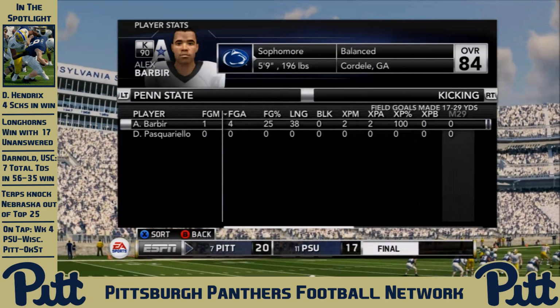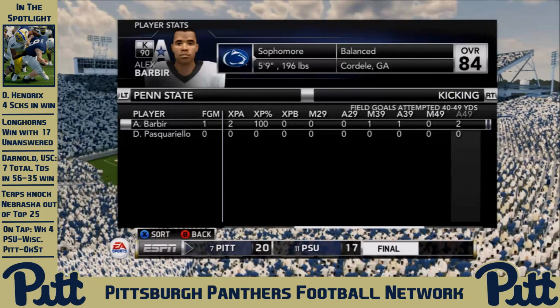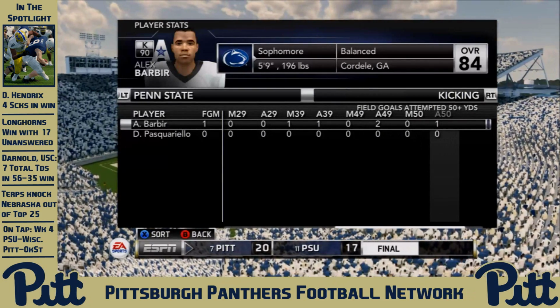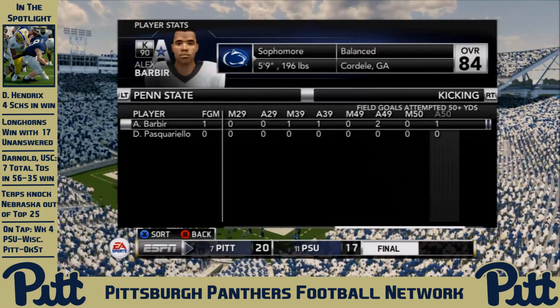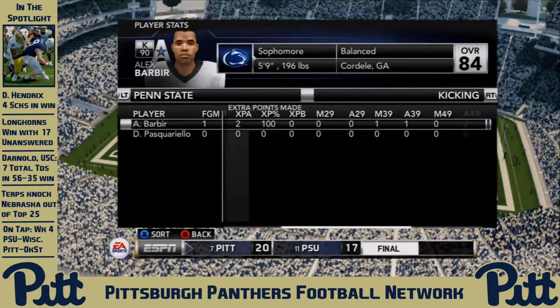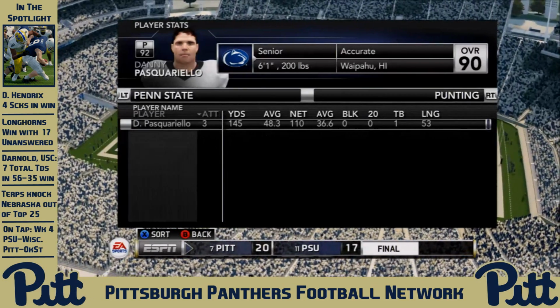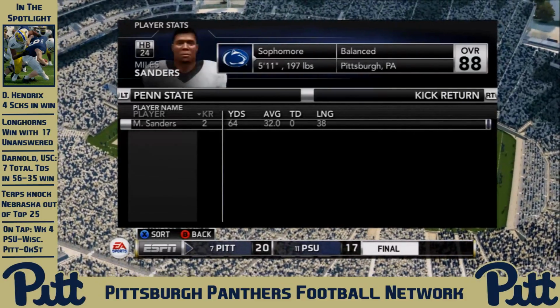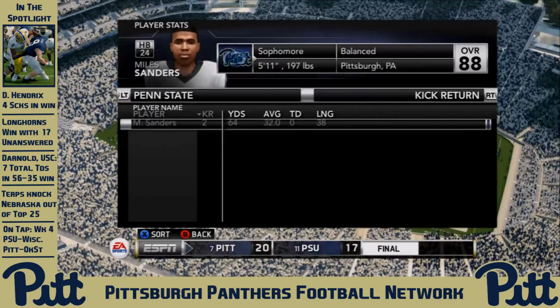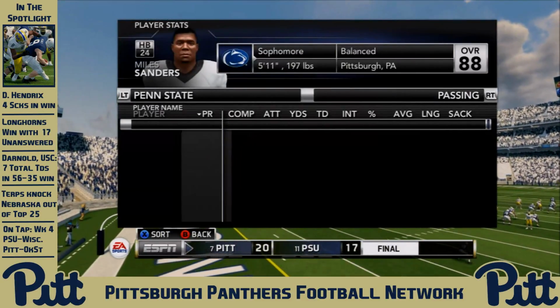unfortunately, he's going to go back to campus, and you hate to see this for any kind of young player. He's just a sophomore, but he had a rough day at the office. Granted, the 3 field goals he missed were all 45 or more yards, so it's tough to blame him for that. I think the third one he missed was only like 42, but still, 3 long field goals he missed, so it's hard to blame the kicker, even though, if they make those field goals, Penn State comes away on